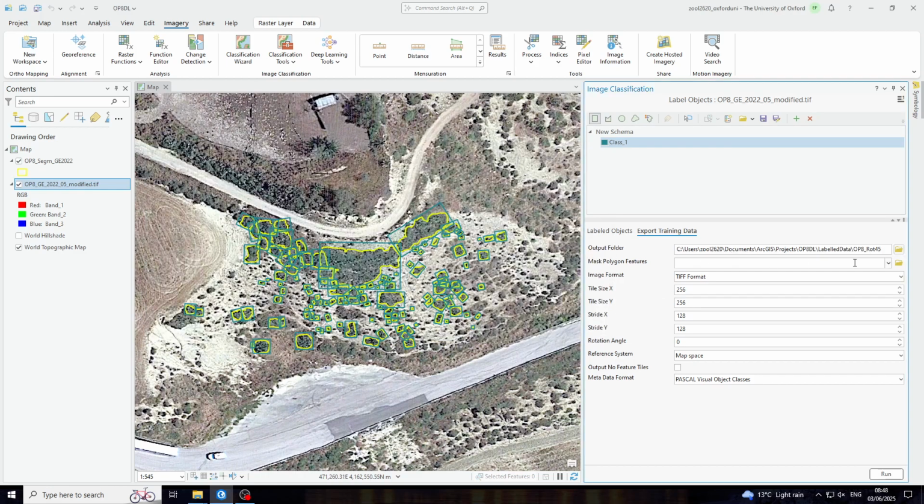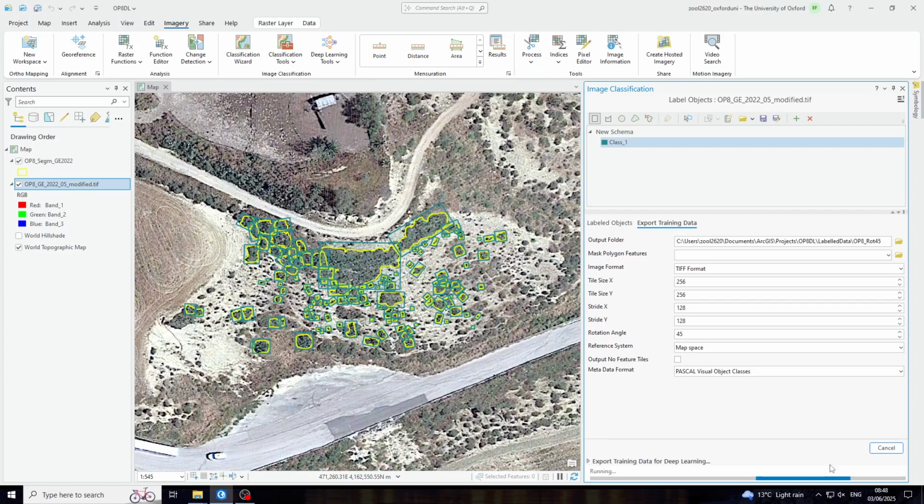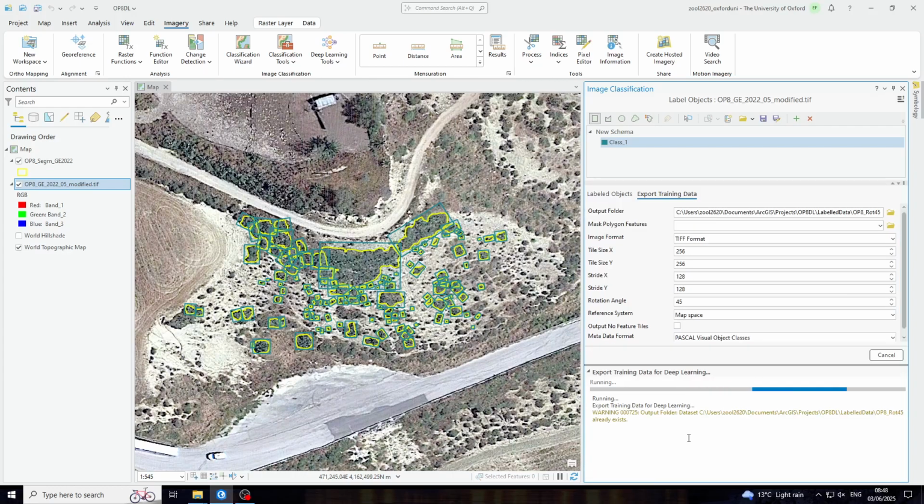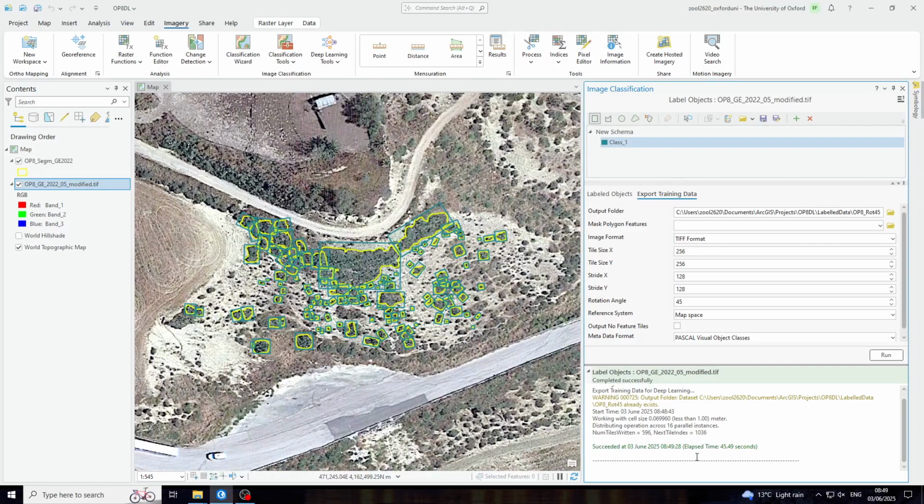And I'm going to add this rotation of 45 in order to create a little rotation that does data augmentation. So it creates a lot of different images from a single image by rotating it. So this takes a bit long, as you can see. Well, not that long. So I already sped it up a little bit. So we can see that this has been done, and then we'll go again to this imagery tab